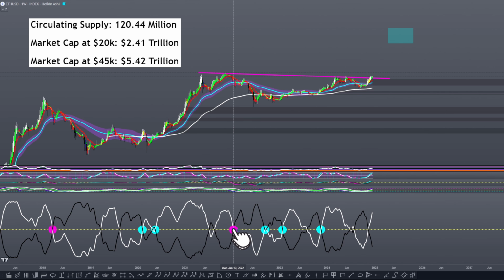Then fast forwarding, let's go to January of 2022, after Bitcoin has topped out, after Ethereum has topped out here, with the entire market, many of the coins setting that double top that characterized the first leg of phase 1 of the cryptocurrency market. We see the origin cross here for the most recent bear market of Ethereum in mid-January 2022. Again, just shortly after the bear market actually began.